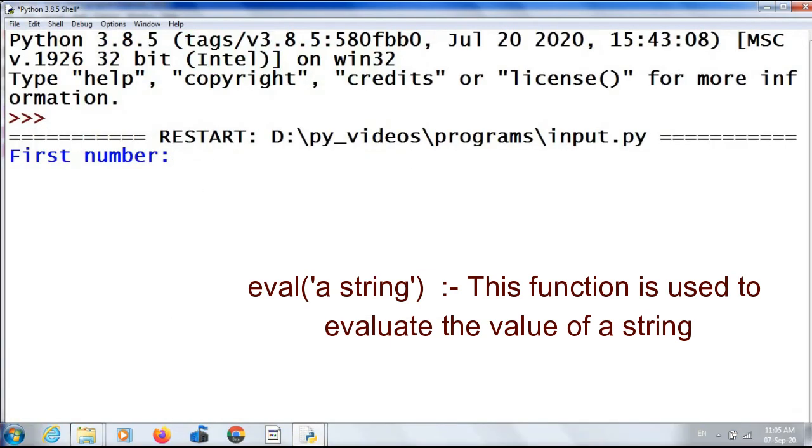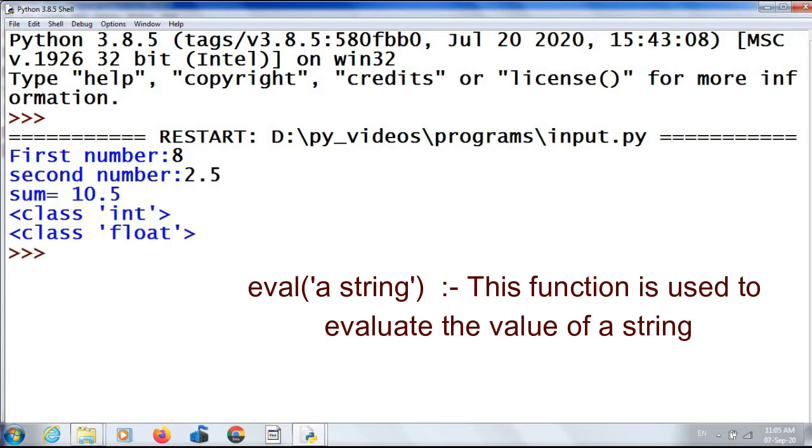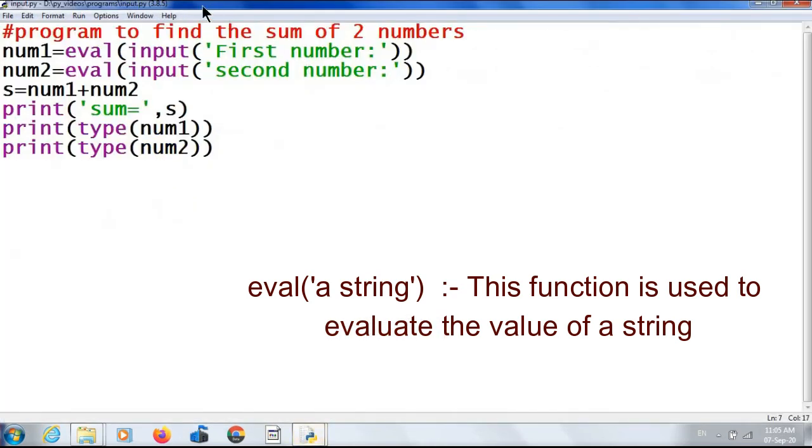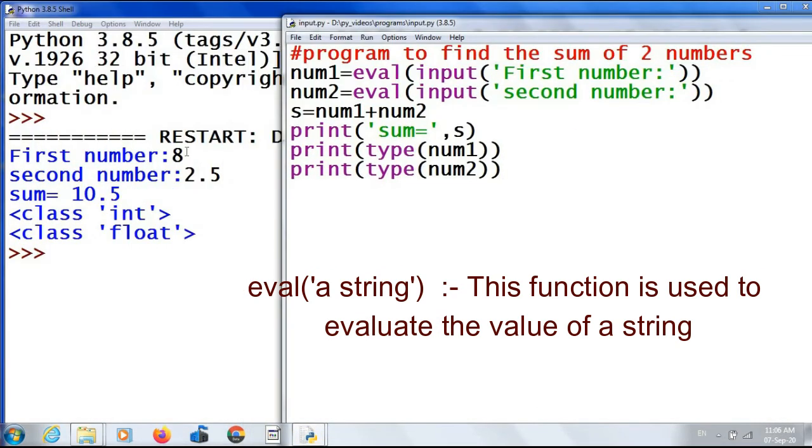First number 8, second number 2.5. See, my first number is an integer, so it is converted into an integer by the eval function. And my second number is a floating point number, so it is converted into a floating point number by the eval function. So type of num1 is integer and type of num2 is float.